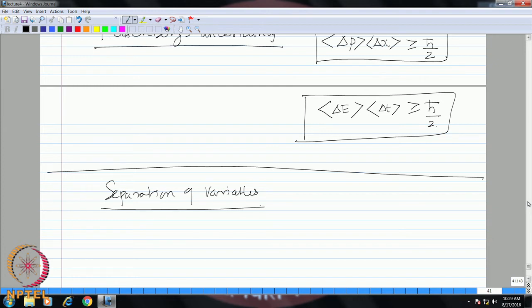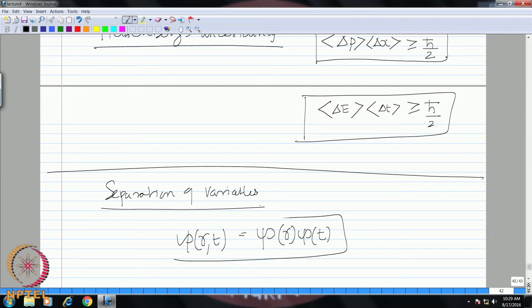So, with respect to the Schrodinger's equation, now that you have a wave function which is a function of two variables, one is the position, the other is time. So, we will assume that we can actually find a solution which is a product solution of two independent solutions. So, one which is a function of only the position, the other which is a function of only time. Okay. So, please remember that this quantity on the left hand side is a function of both r and t. So, we are assuming